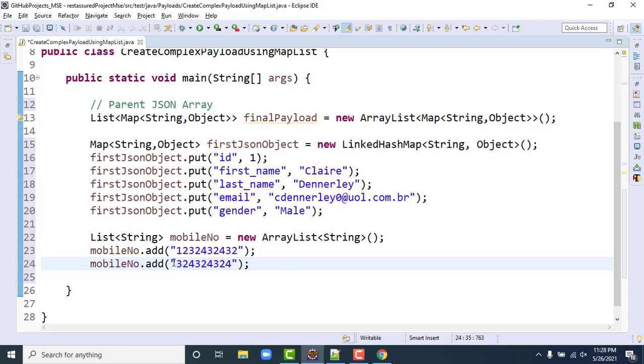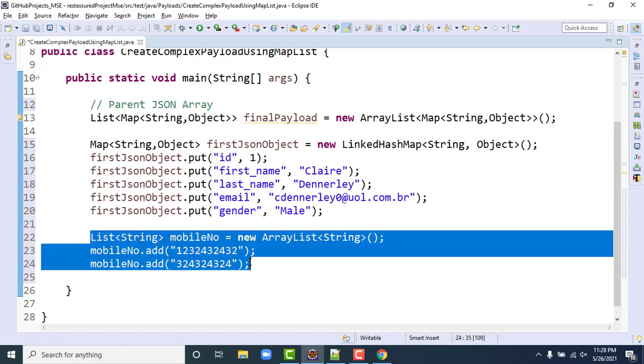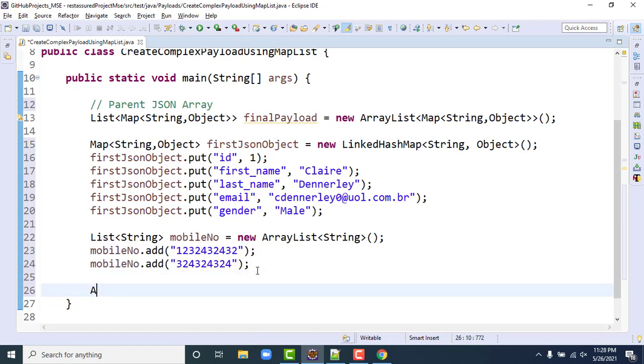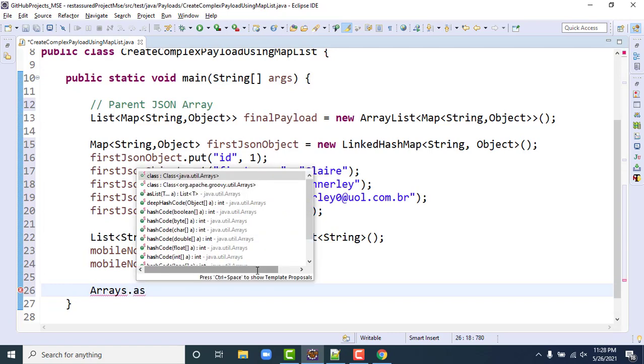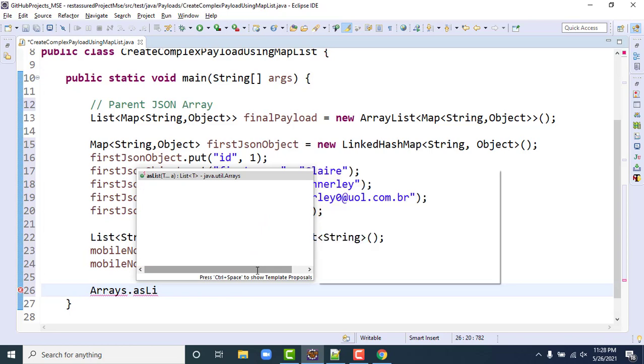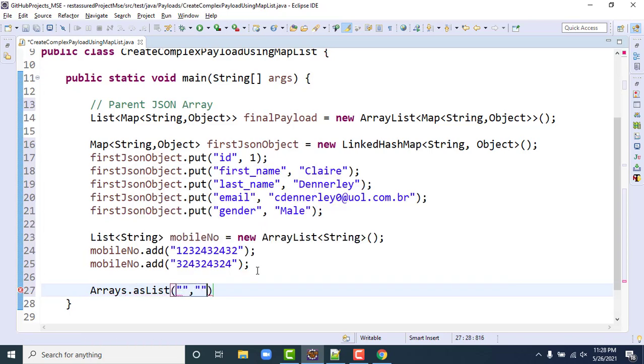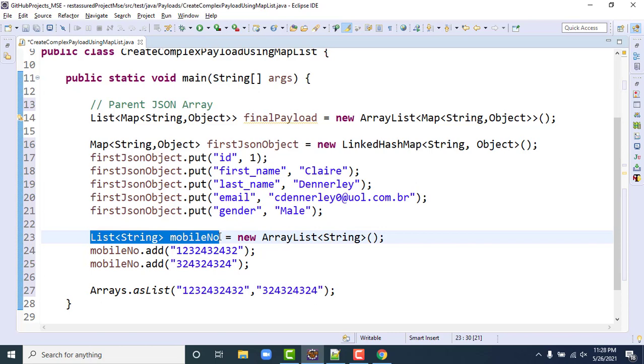These lines of code can be written in one line as well, so let me explain that too. We have the Arrays class, and here we have one method called asList. Simply give the values here, and you can store this into the mobile list.